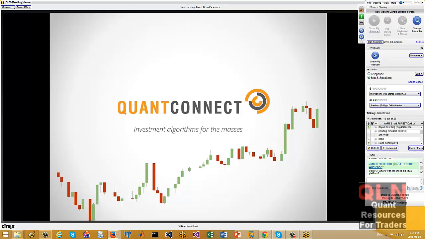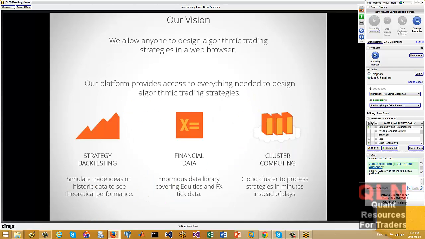So first, before we dive into code, I thought I'd give you a quick summary of what is QuantConnect, where do we come from, what are we trying to do. So we started roughly 2.5, 3 years ago now. I was doing algorithmic trading myself, gathering all the data myself, writing my own backtesting platform, executing through Interactive Brokers on their API, raising capital myself, and it's exhausting, just utterly exhausting.